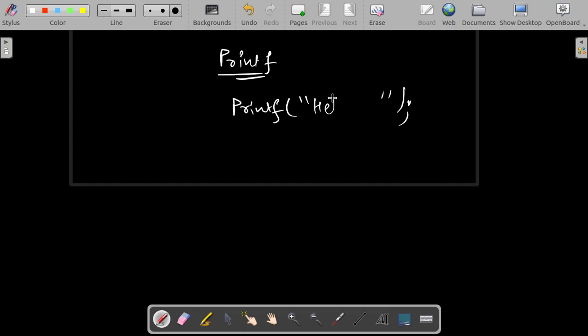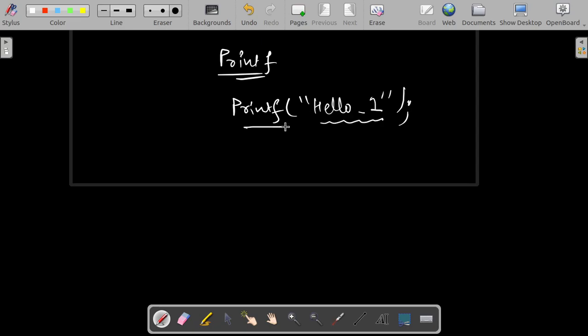Suppose I write hello underscore 1, so this particular string will get printed on my console as it is. But as it is a function, it returns something.